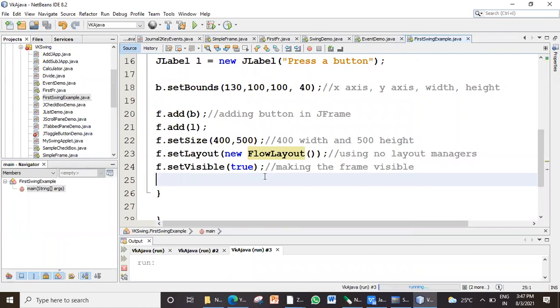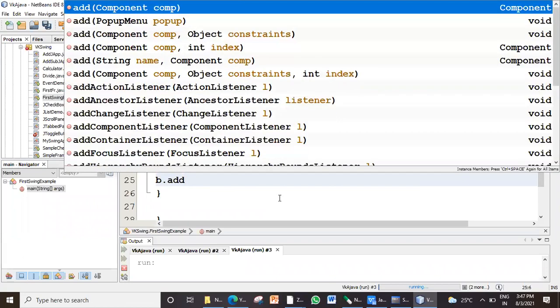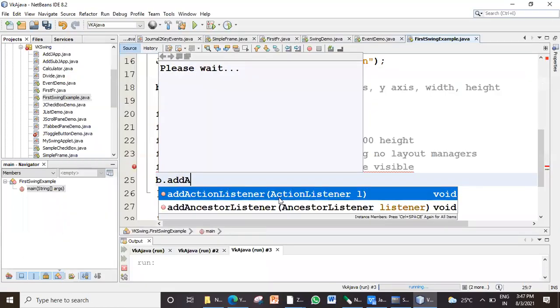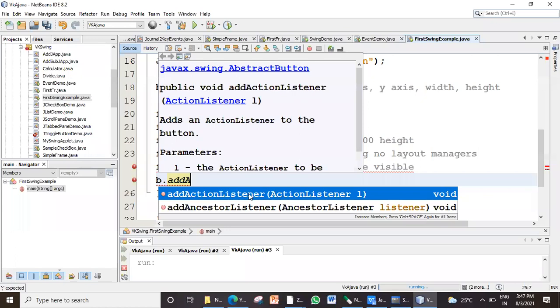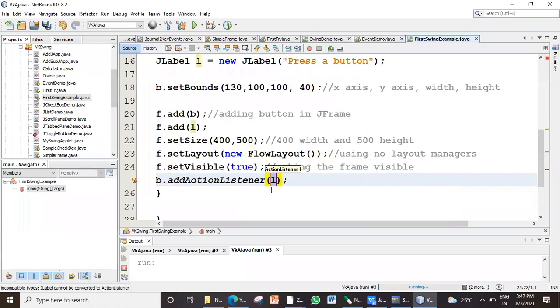Manisha? B dot add action listener. So who is going to respond to the event? B. B dot addActionListener. Here I have to pass which parameter?